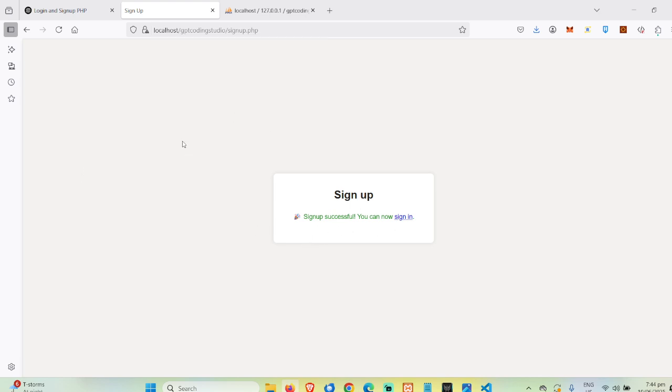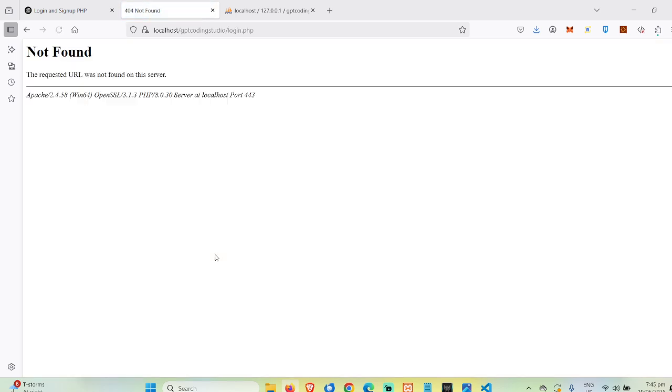Actually, we don't have a way of resetting the password yet with a forgot password. We don't have email confirmation yet because we are not on an email server. We don't have access to an email server. We can do that if this is an internet-based application. And I think we cannot easily duplicate that functionality in a local server within your laptop or computer. But the sign up is successful. So we could now sign in.